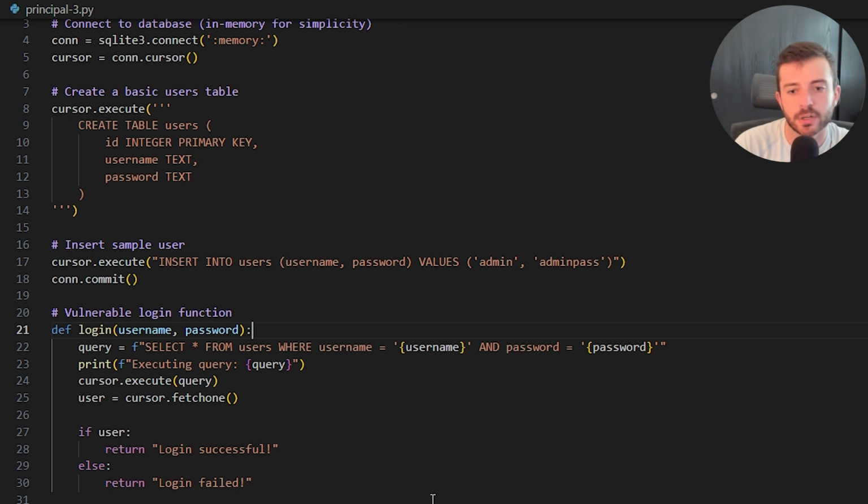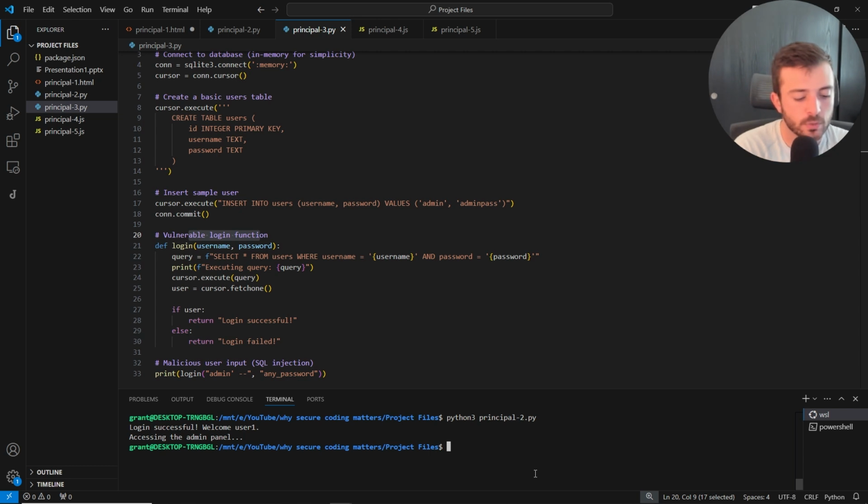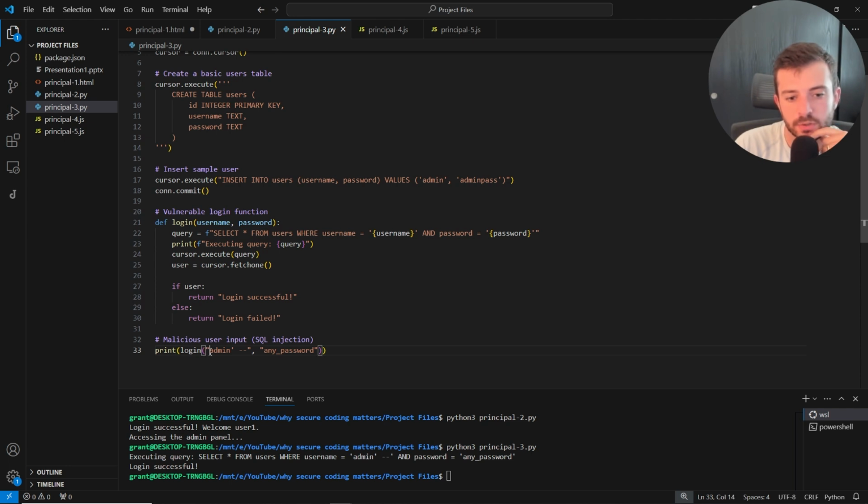So basically what happens here is the vulnerable login treats everything as trusted code. It kind of goes back to that input sanitization. So what you're able to do here is create a statement where you add in admin and then a -- which would simulate a comment, and it would comment out the rest of the query, including the password check. And so the user could add in admin, and then the password would be anything. So if we do python3 principle3.py, and input something like this,